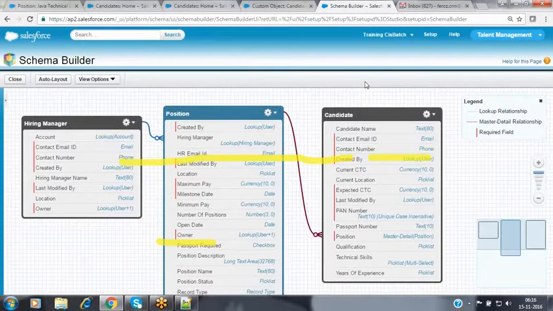So we can convert from lookup to master detail and from master detail to lookup also. That possibility is available. But converting master detail to lookup is a straightforward option. Directly we can change the field type from master detail to lookup. But whenever you are doing the reverse, lookup to master detail, please make sure each and every child record is associated with a parent. Then only we can convert lookup to master detail. This is the one fundamental rule. We have to remember that. This is a certification question also. It's very, very important.